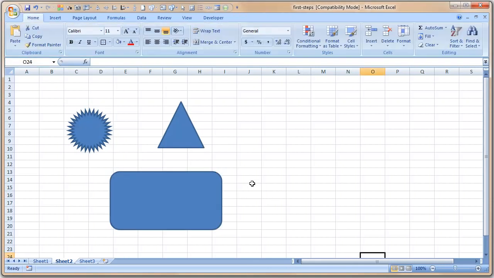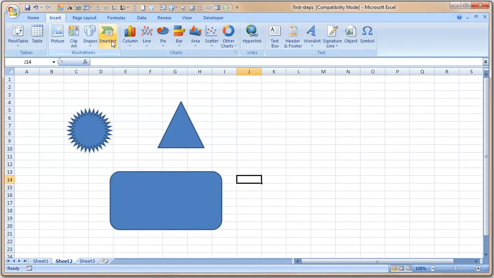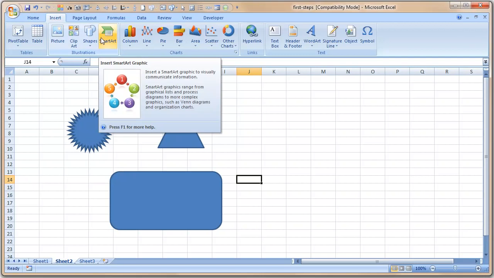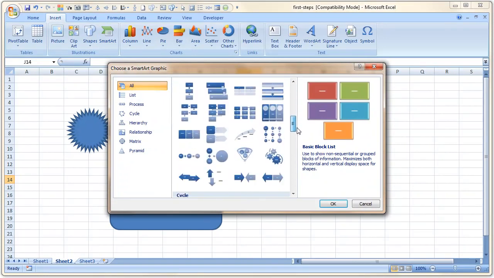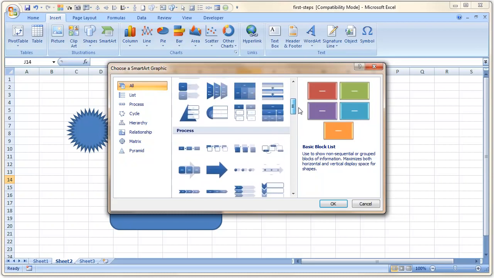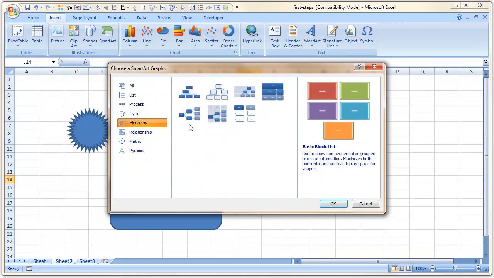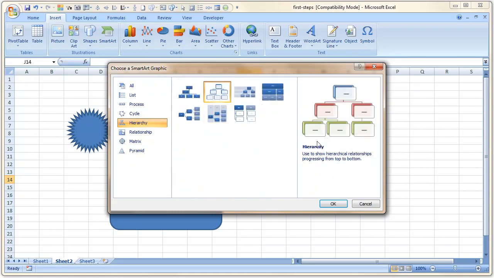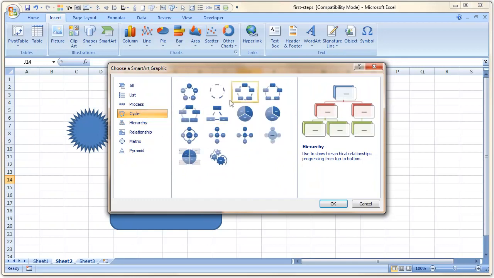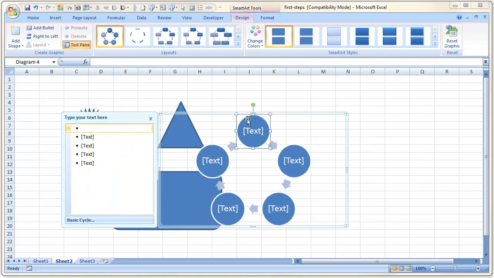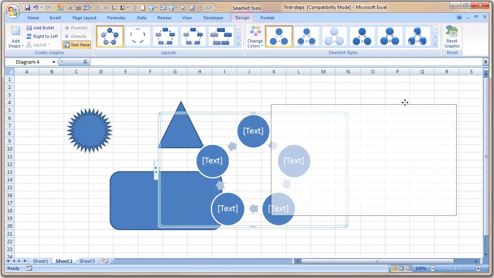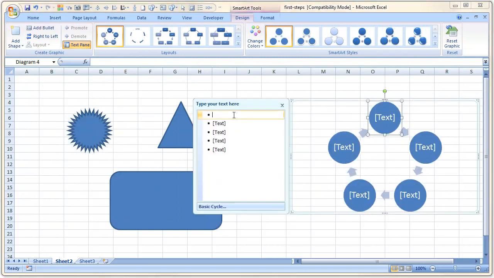So you can do pretty much anything. Of course there are so many more things. In Excel 2007 Microsoft has introduced something called a Smart Art. Using Smart Art, what you can do is you can insert a lot of diagrams that are used in day-to-day business settings. For example, if you want to show an organization chart, you can use this. Or if you want to show a circular process, for example, there are 5 steps in a process, you can use that. Let's drag this over here and then type